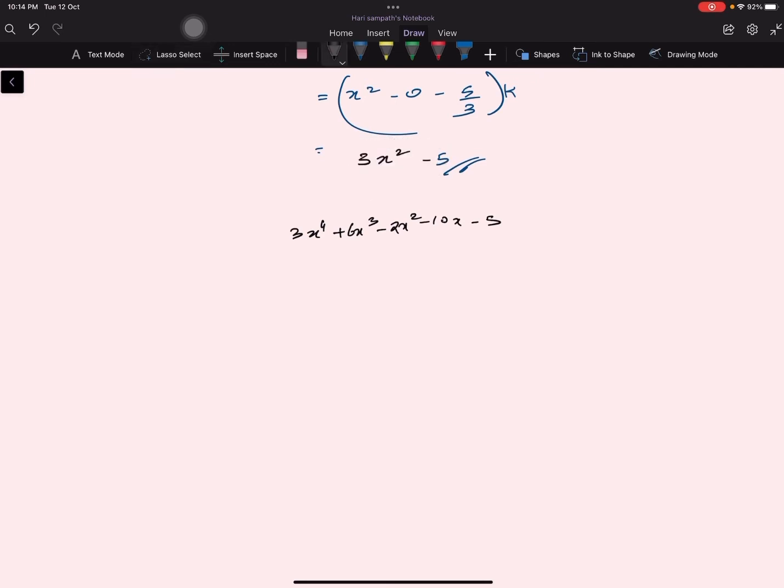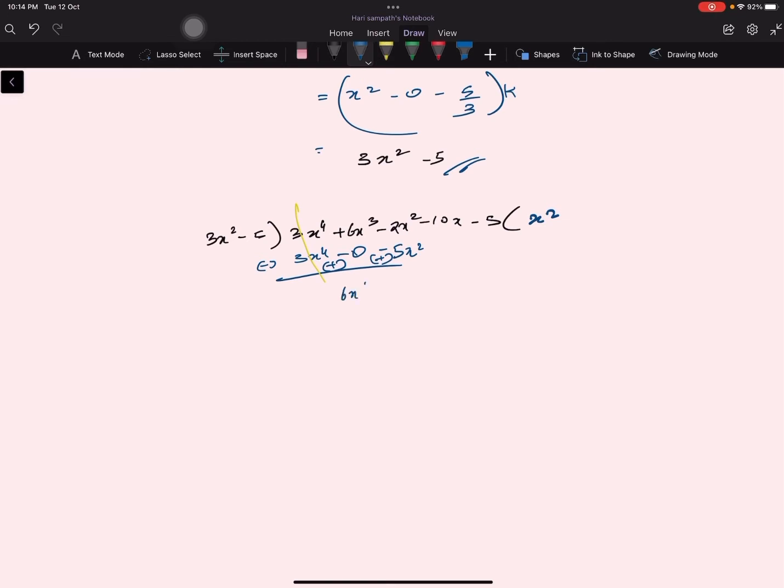And 3x divided by 3x minus 3x square minus 5. So what would you multiply with 3x square? You're going to multiply it with x cube, x square, right? X square. So it will be 3x raised to the power of 4. Minus 0. We have no x cube in this one. Minus 5x square. We are going to subtract them. The sign change will be positive and positive over here. These two cancel each other out.